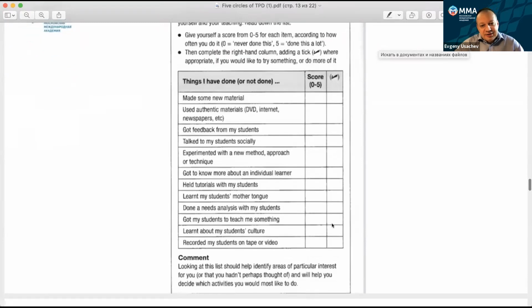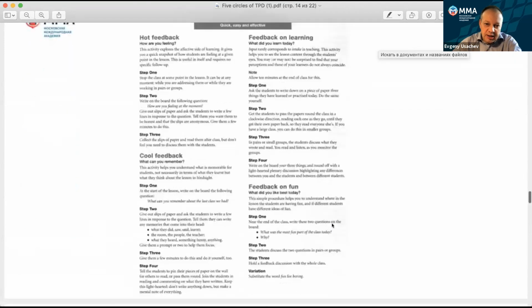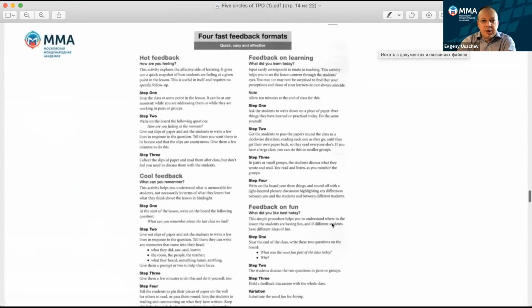Again, it's a nice starting point to improve not only teaching but also relationships with your students. And speaking about the feedback, as I said earlier, feedback from students in this circle is really important. There is an activity which is called 4 fast feedback formats.